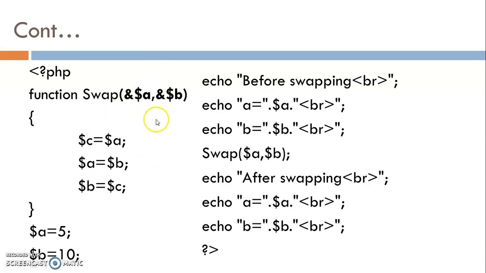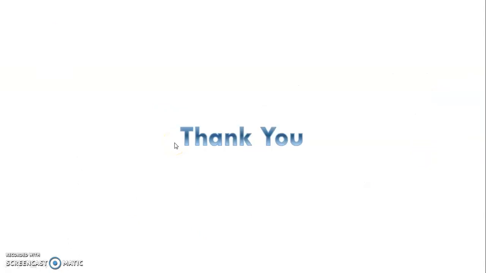So after changing the values of these two variables, when the cursor comes here after swapping the values of a and b, I print and receive the changed values, meaning the swapped values. So the output of this code is, before swapping the values of a and b are 5 and 10, and after swapping the values of a and b are 10 and 5, because here the changes are made in the original argument. Okay. Thank you.